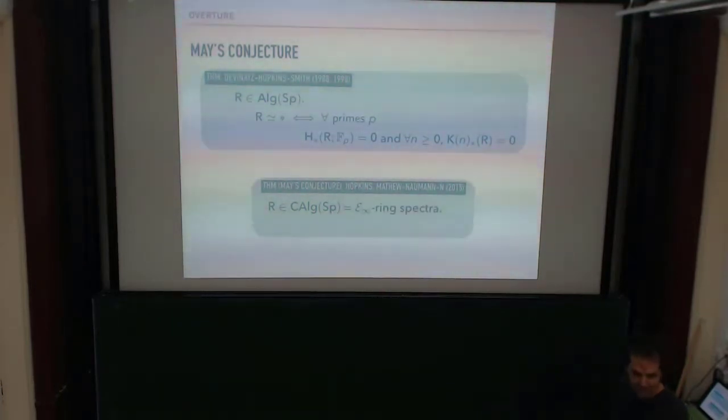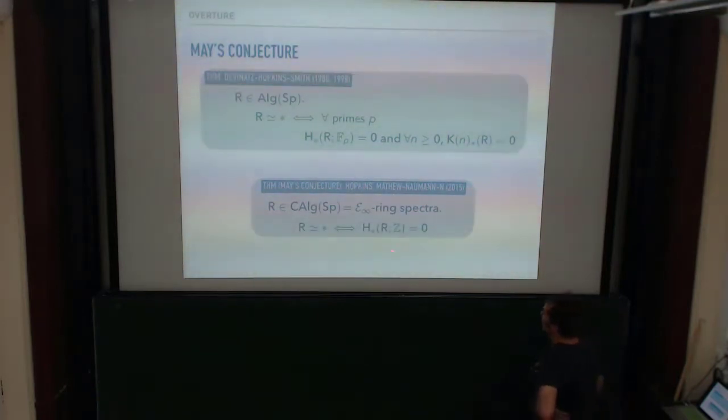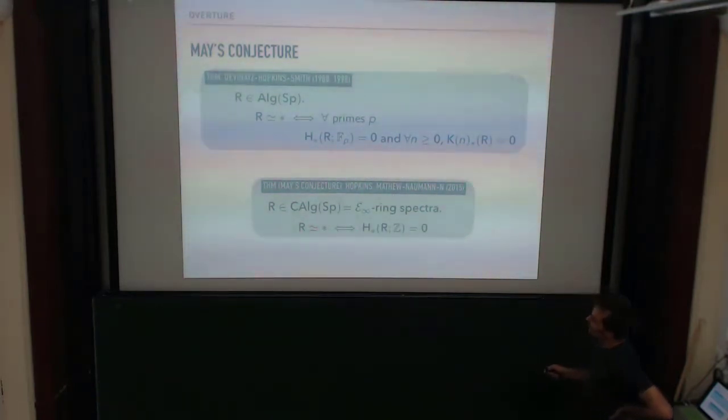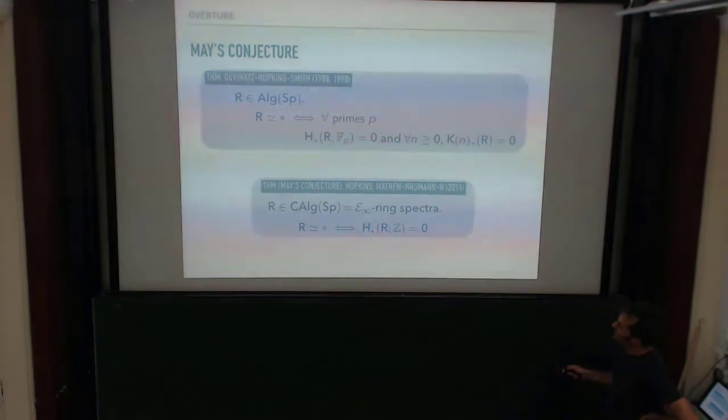These are also known as E-infinity ring spectra. And the result now is that an E-infinity ring spectrum is contractible if and only if its integral homology is 0. Now this is very nice, one elementary algebraic homology theory can be used to detect these periodicity